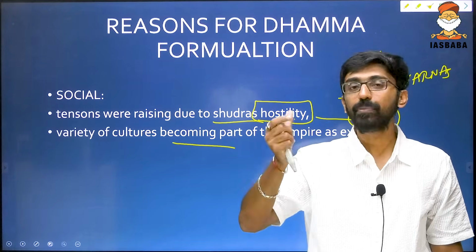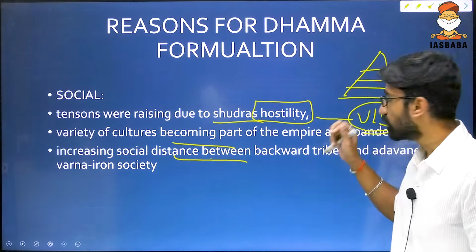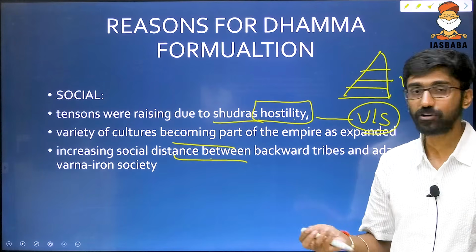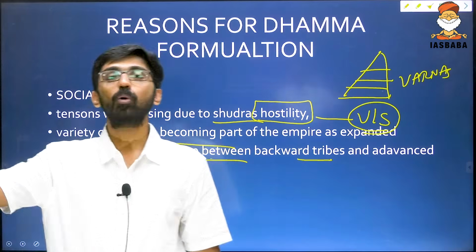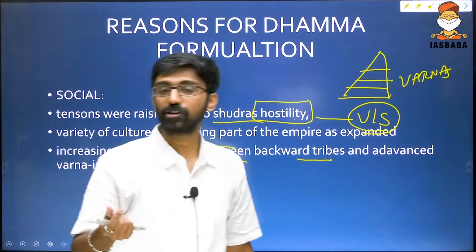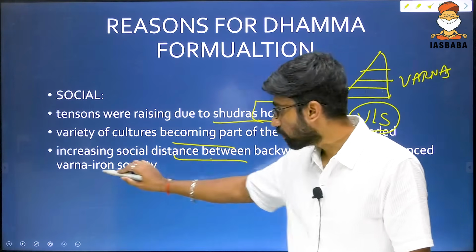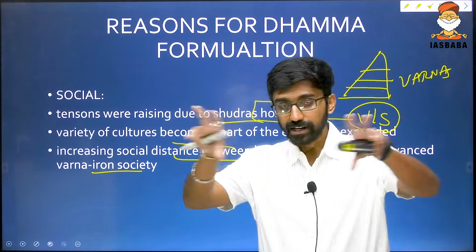There was an increasing gap between these cultures. Okay, increasing social distances between different cultures during that point of time, especially backward tribes, because forests were being cleared to bring more land under agriculture. Second urbanization, I told you, was driven by iron technology. That's why I talked about the iron society that was there, and using that iron technology they were clearing forests,